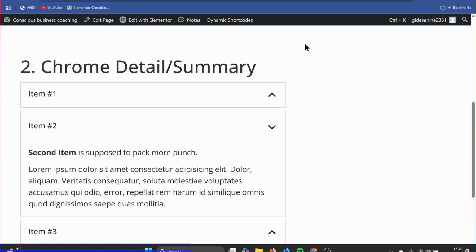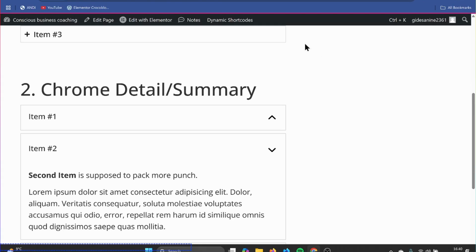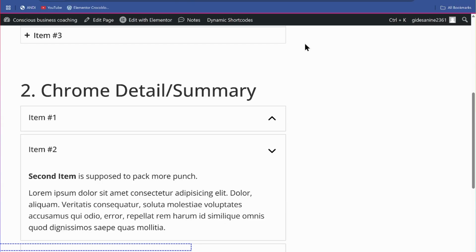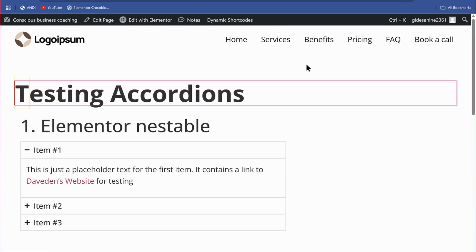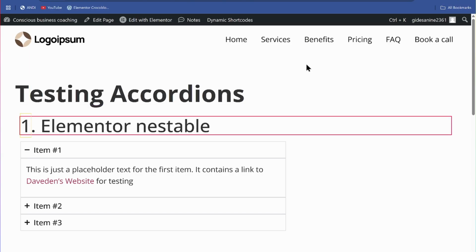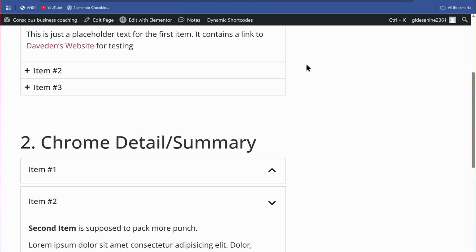Pane, 2 Chrome detail/summary. Accordions test conscious business code. Banner landmark, primary navigation landmark, main landmark, testing accordions heading level 1. 1 Elementor nestable heading level 2. 2 Chrome detail/summary heading level 2. So now I'm here. Let me now press the tab key and you see it will focus on the accordion